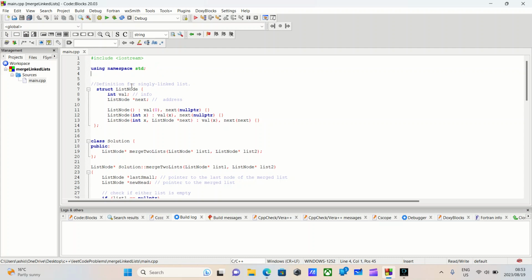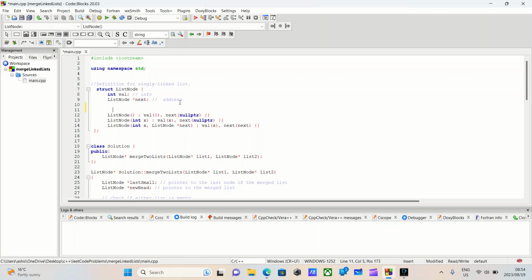So, definition for a singly linked list. A singly linked list is one in which the link only goes in one direction. It's unidirectional, not bidirectional. Then we have the definition for it. It's called ListNode, where it has an info called value and an address called next. And then below that, let me just add a comment here. We have our,